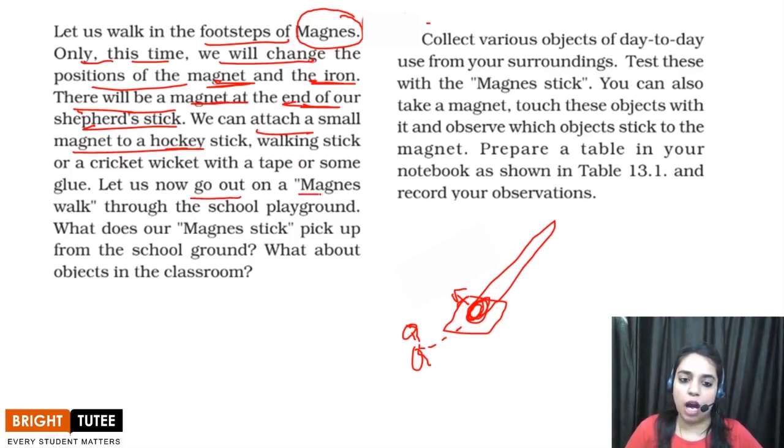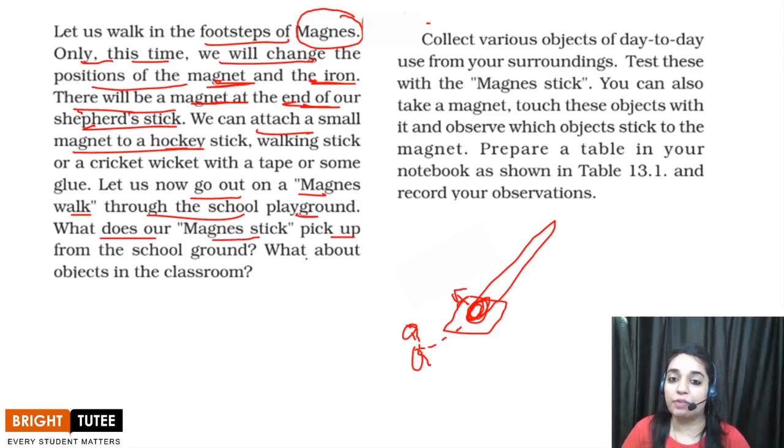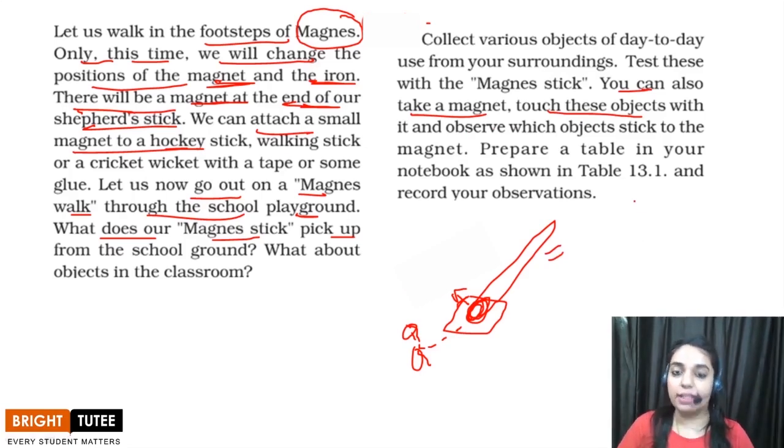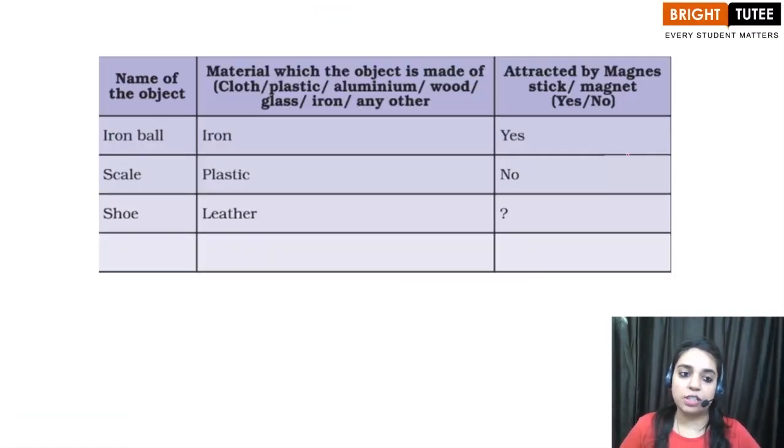Now let's go out on a Magnus walk, okay, through the school playground. What does our Magnus stick pick? It will pick different iron objects, okay? You can also take a magnet and touch these objects. Children, you are going to touch different objects and find whether they are attracted towards the magnet or not. In this way you will be able to identify which materials are magnetic and which are non-magnetic, okay? And later you will tabulate in this observation table,